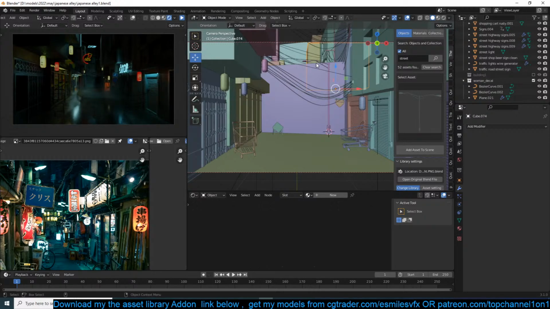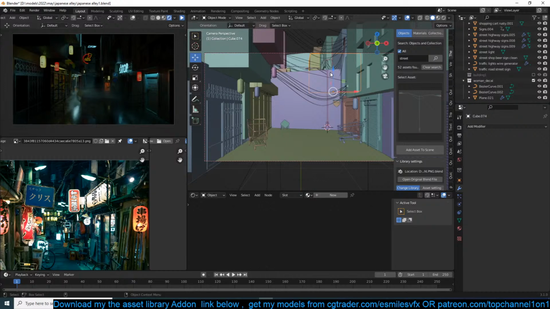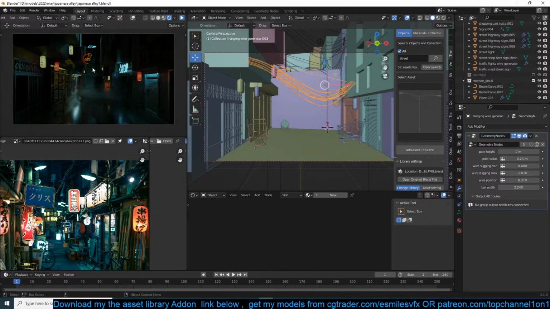Even when you're rendering at 4K, if a model is very far away from the camera, you're still wasting a lot of resources because the camera is not going to pick up that detail.